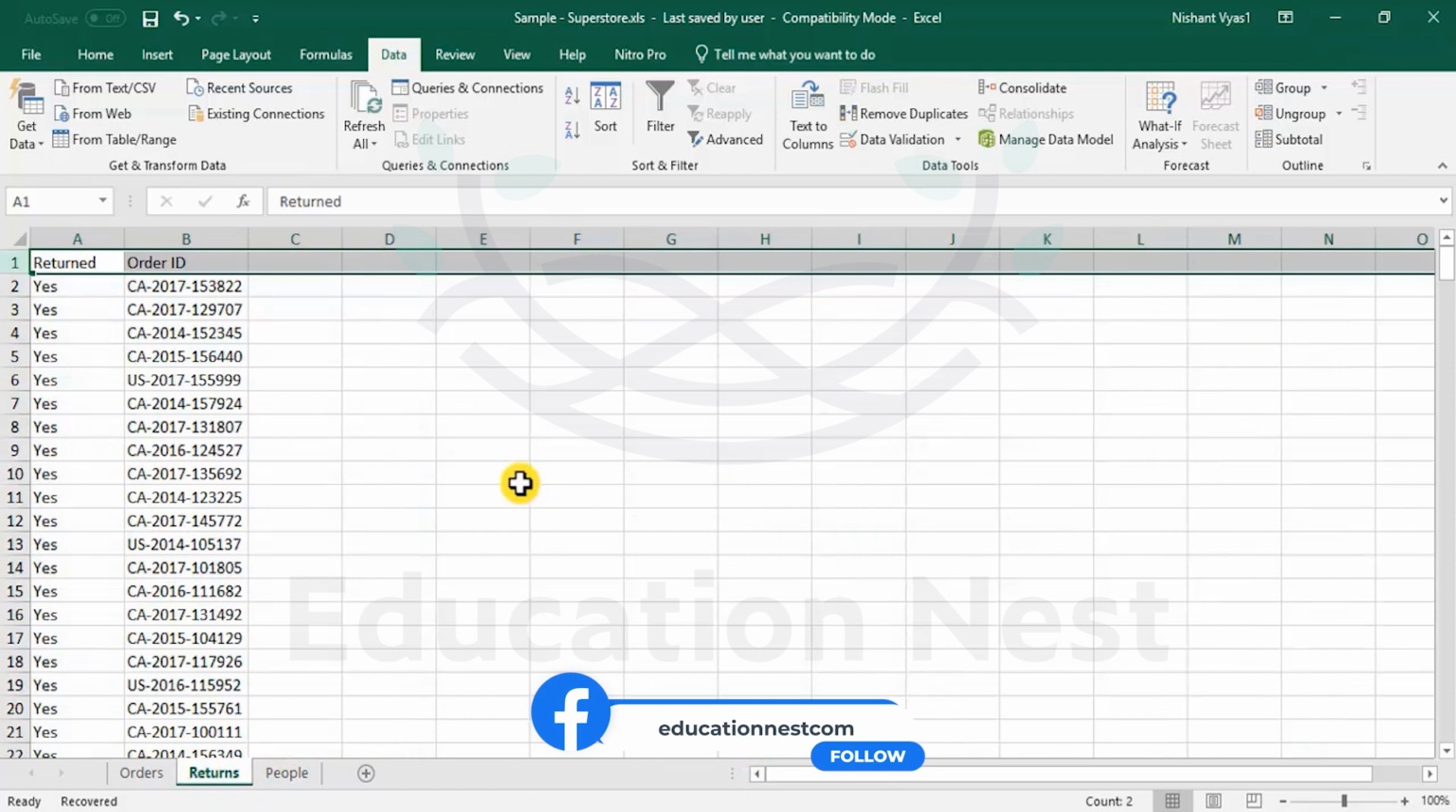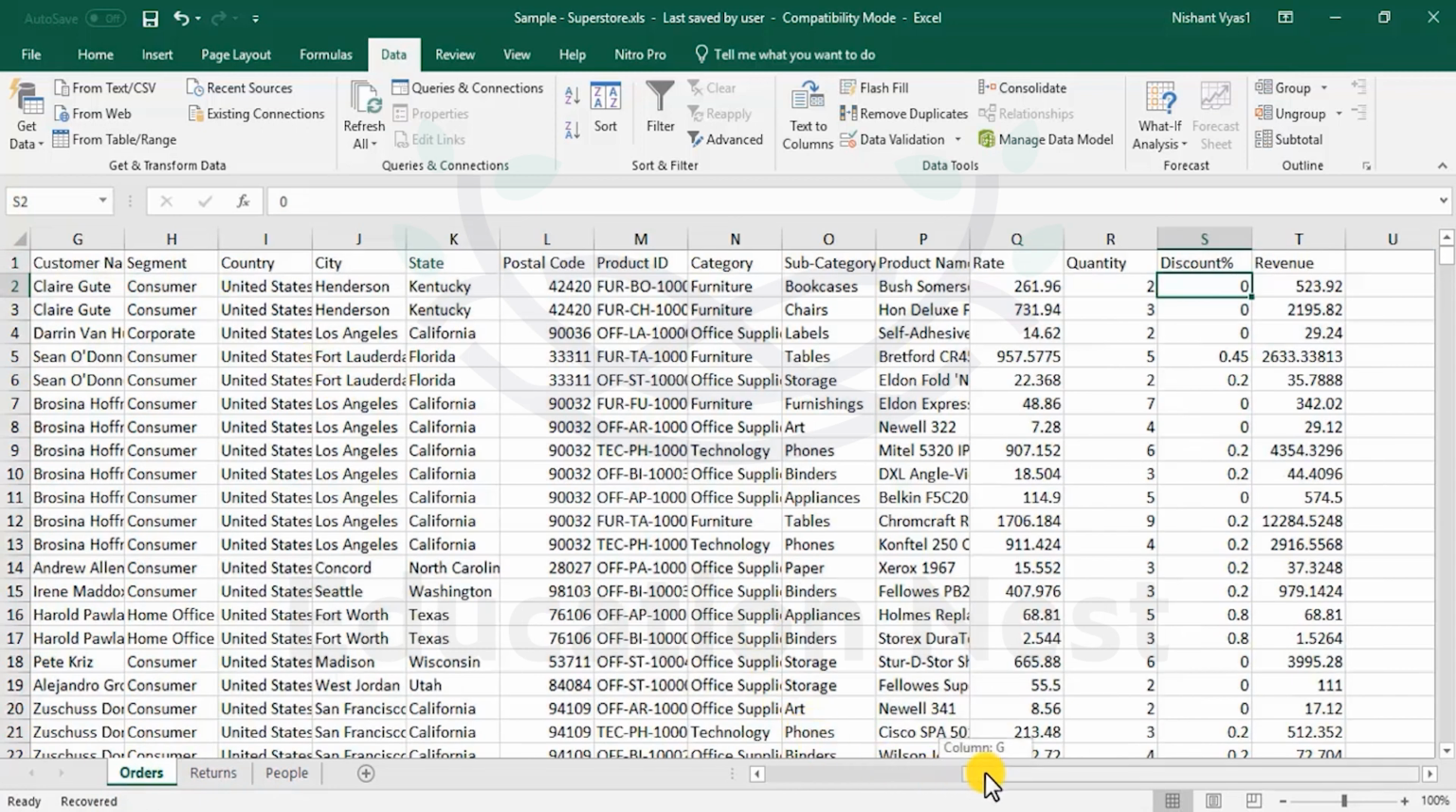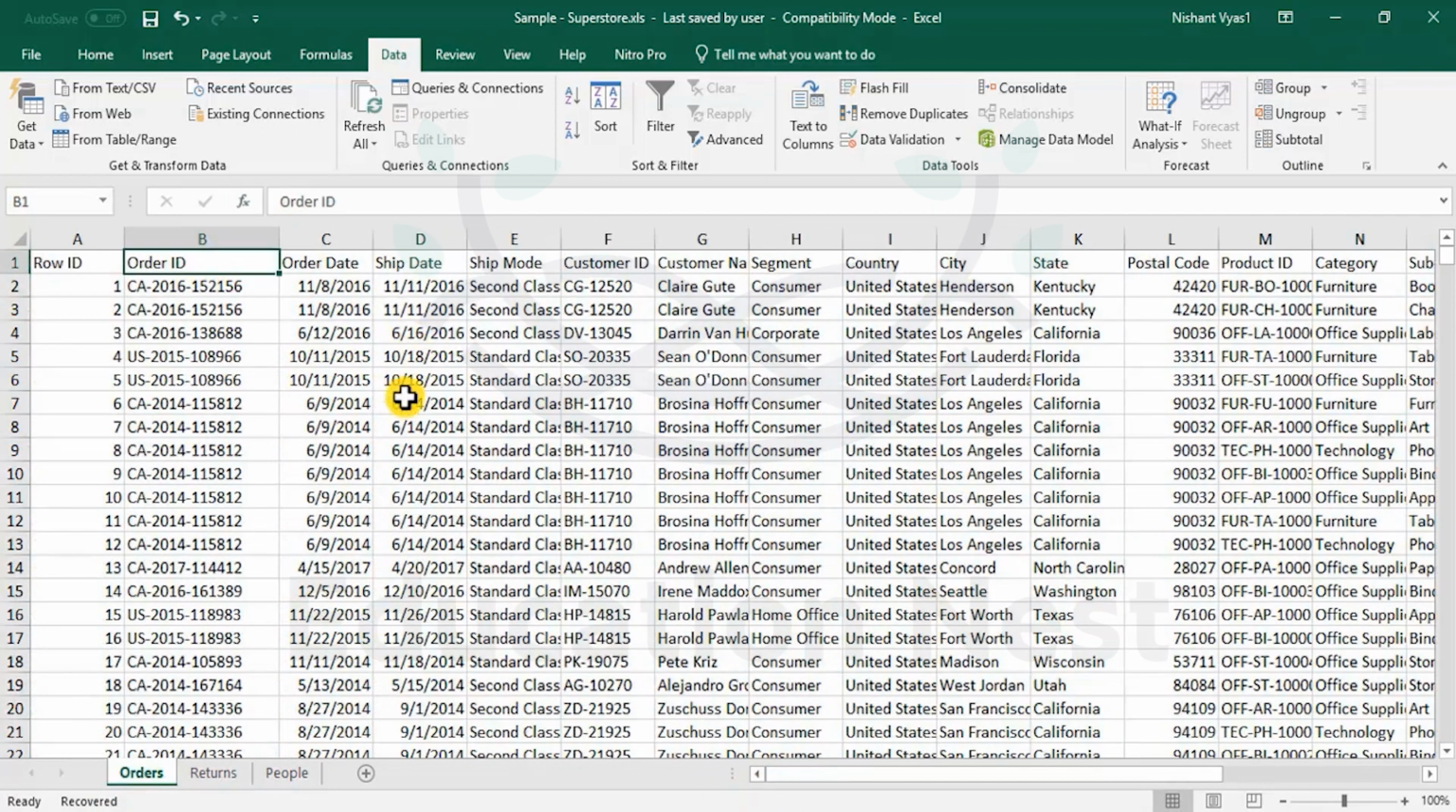The second sheet consists of, if there was a return in an order, what was the order ID? Since order IDs are unique, it would be simple for us to trace it back. So if you look at it, order ID and order ID, the column names would be the same. This is one piece of information you would have to take care of while working with the information in